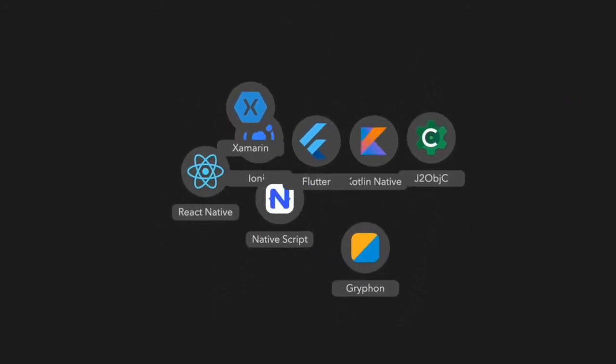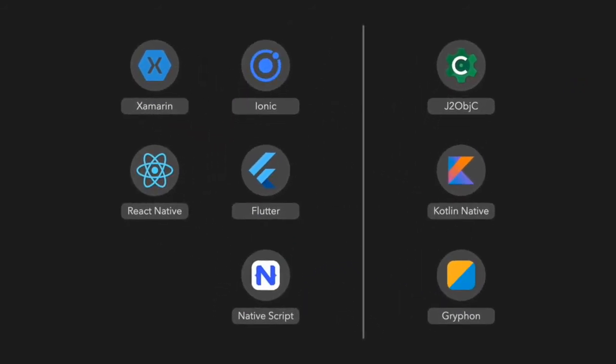So let's take a look at how we can analyze the dependency of these tools. The best way to do that is by separating them into two categories. So on the left we have tools that use third-party languages, and on the right we have tools that use first-party languages. So for our purposes, first-party languages, we're considering anything that runs natively with an Apple or Google sponsored